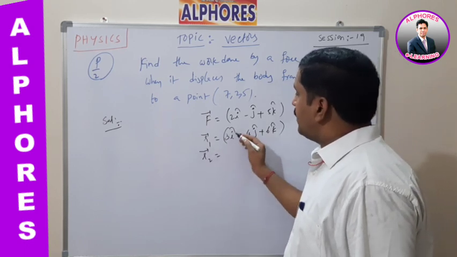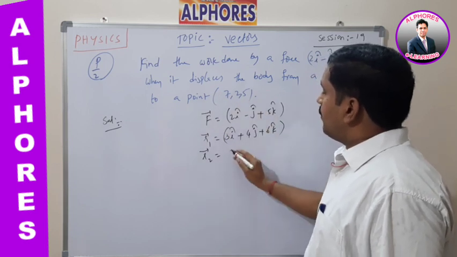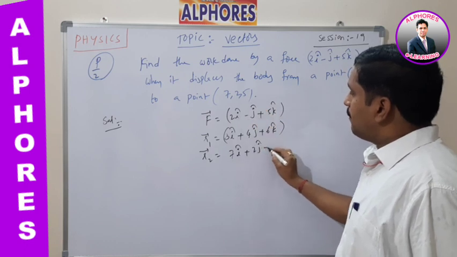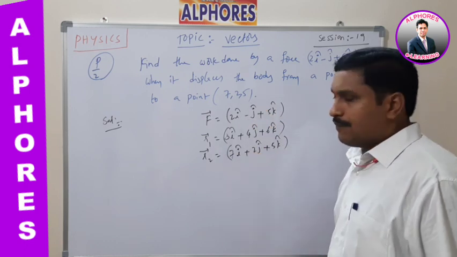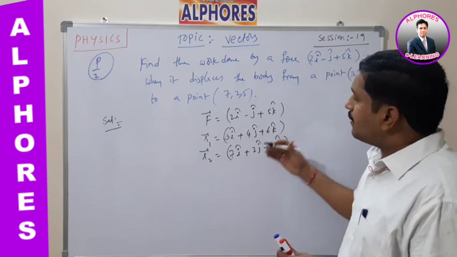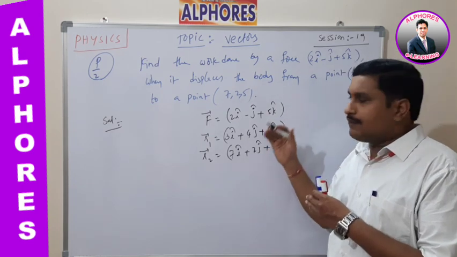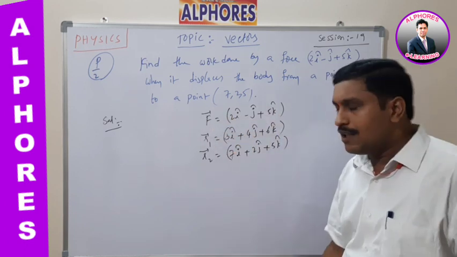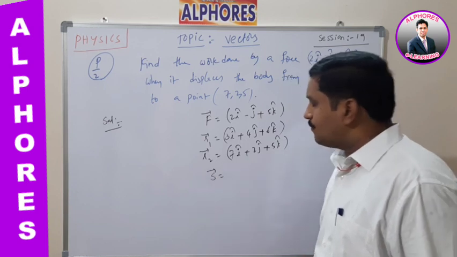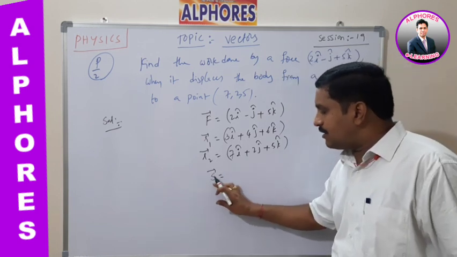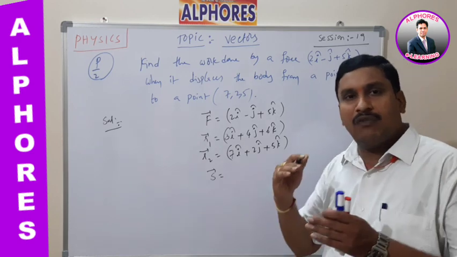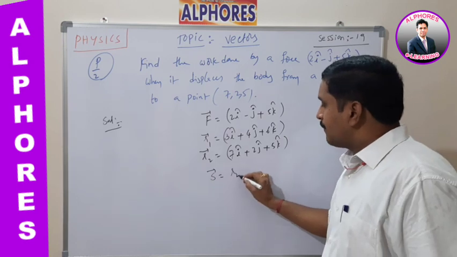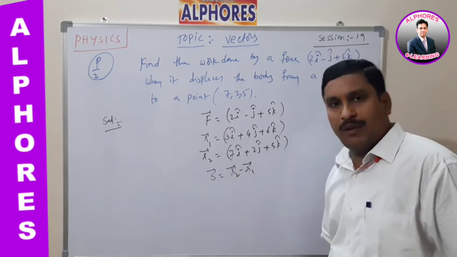To another point. Here units are not given. Listen carefully. R2 bar is equal to 7 comma 2 comma 5. As per the data, x coordinate 7 into I cap plus y coordinate 2 into j cap plus z coordinate 5 into k cap. So these are the data given in the question. That means this is the clear data about the force and displacement, like position vectors. Now in this case, what is the displacement? S bar is equal to, as per your previous knowledge, the displacement is the particle traveling from one position to another position. Means displacement is equal to final position minus initial position, like R2 bar minus R1 bar.